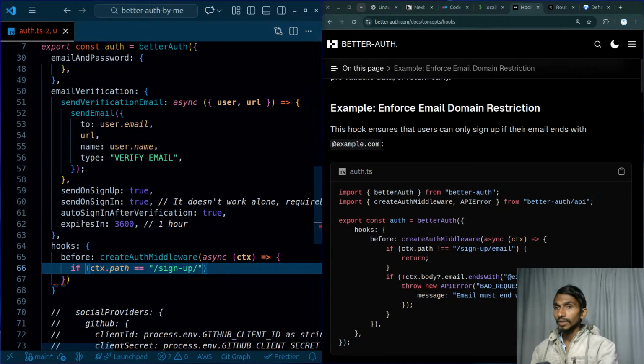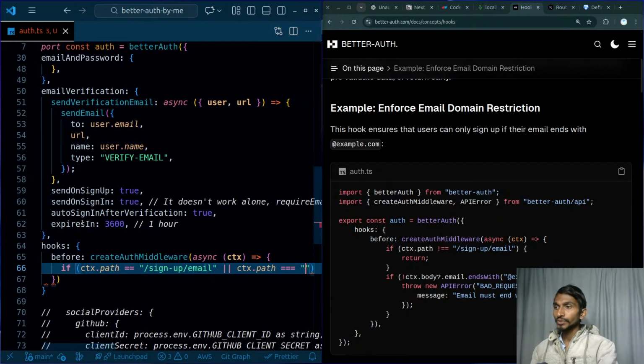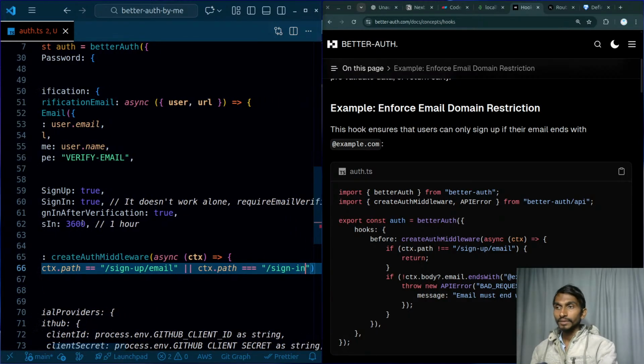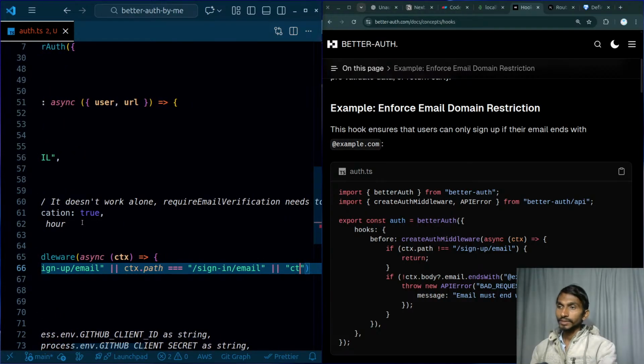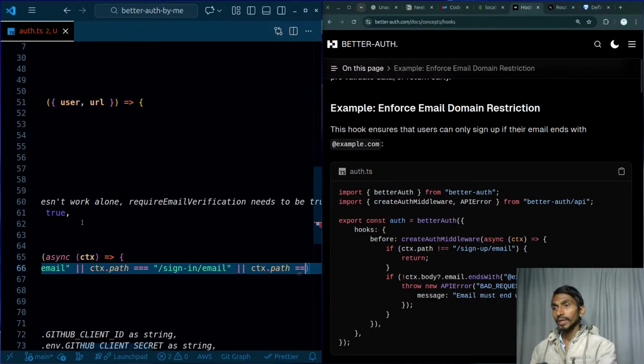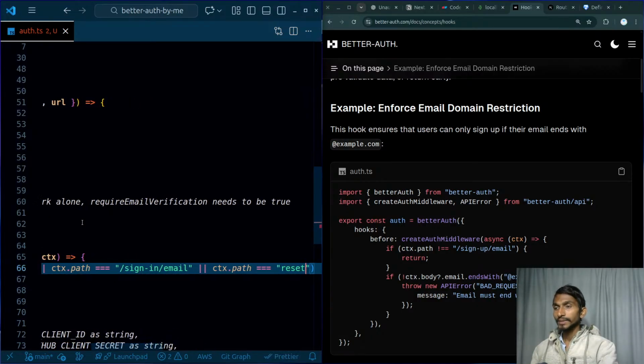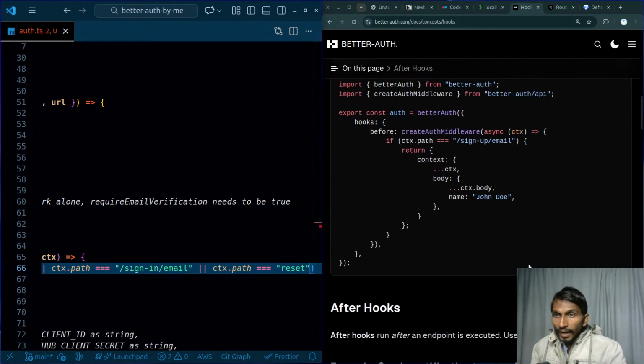slash email. Okay, otherwise ctx.path, not params, path, that's triple equals to slash sign in slash email. Otherwise ctx.path, that's triple equals to reset. What was that? Sign in email reset what? That is a good question, but I don't know. Sign up email,